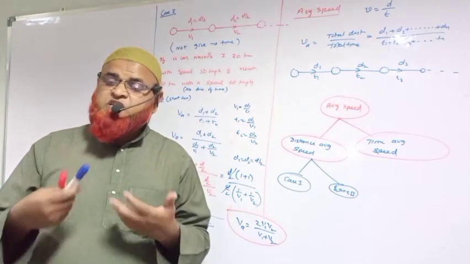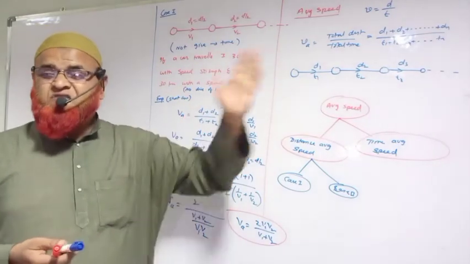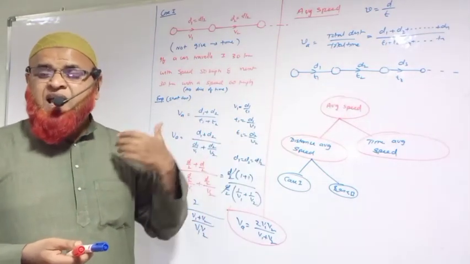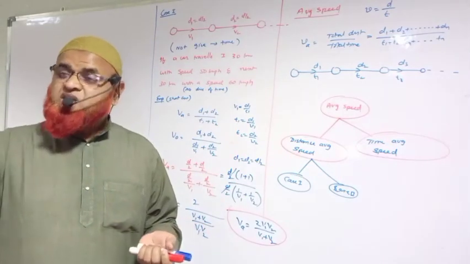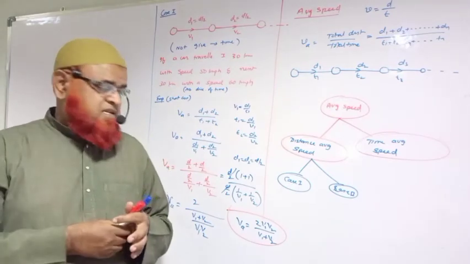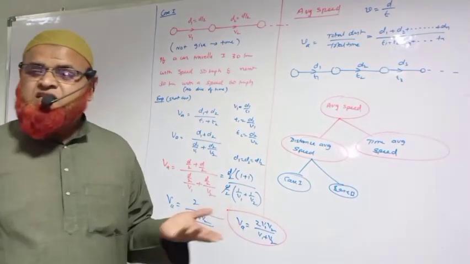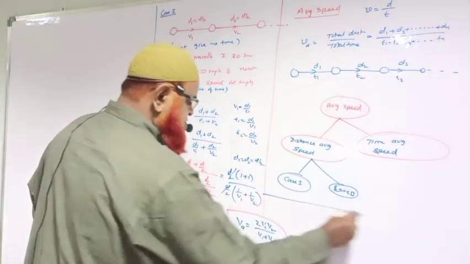Understand? Sometimes he may specify also like this. A bus is traveling first half of the distance with a speed 20 km per hour and next half of the distance with a speed of 30 km per hour. Then also he is not giving the distance, just telling distance, that's it. So if he gives us speeds, that is more than enough for us, is it? Okay? So what are you going to do now?